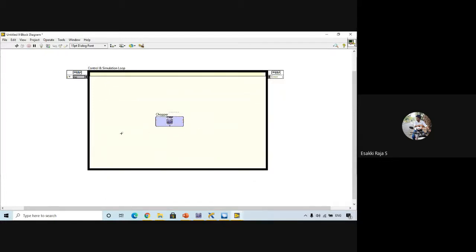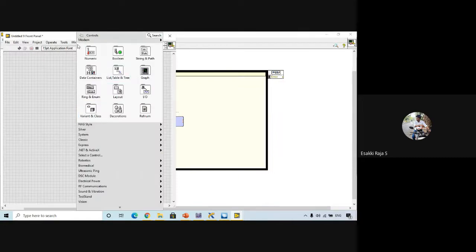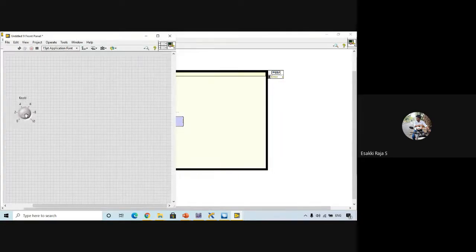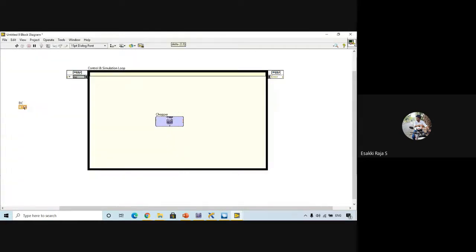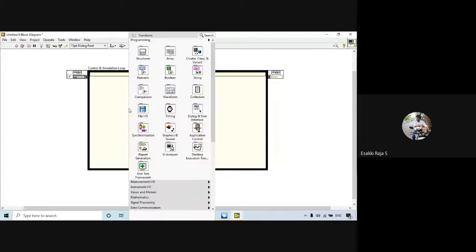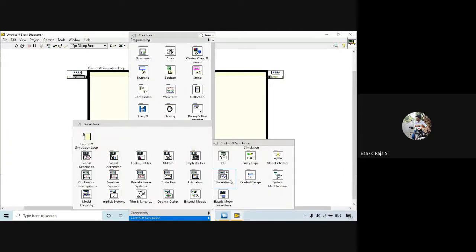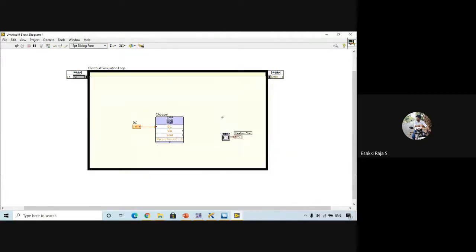First I'm going to take a control for the duty cycle. I can take a knob and specify it as DC, duty cycle, and connect it to my duty cycle block. Then the input voltage and output voltage, both I'm going to visualize in a single waveform graph. So I go to Simulation, Graph Utilities, Sine Time Waveform.